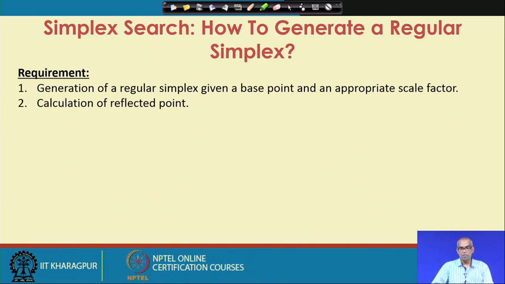So, suppose you have been given a two-dimensional function, you will be given only a starting point, say x1 equal to 0, x2 equal to 0. You have a function of x1 and x2 and you are given x1 equal to 0 and x2 equal to 0 as the starting point. So, to start the algorithm, you have to constitute the initial simplex. So, how do I choose the other two vertices? That means, how do I choose other 2 points given an initial starting point is something that we have to decide first. So, once we can do that, we have 3 vertices, we can form a simplex.